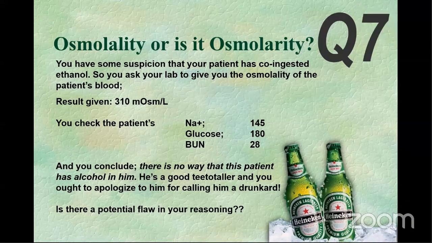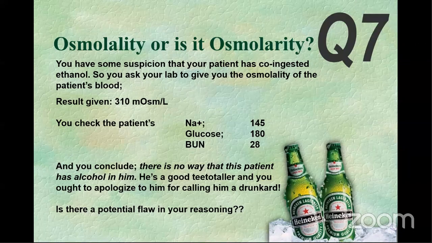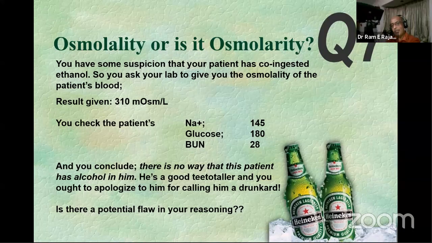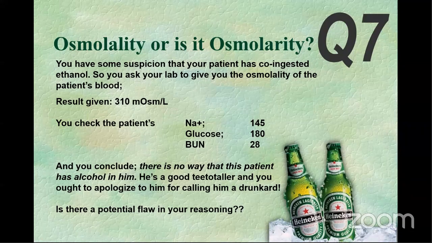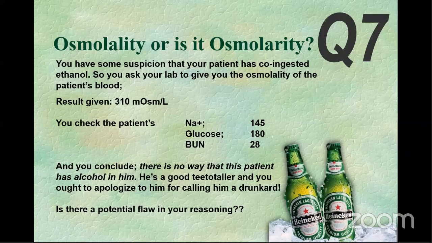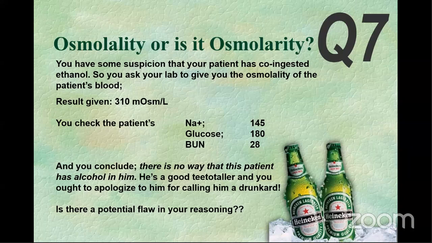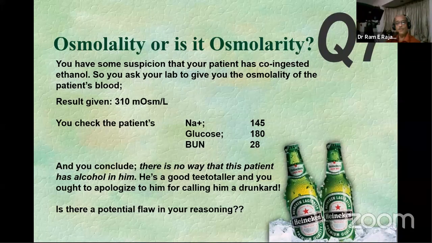What is the aim of this entire exercise? I am trying to see if the patient has ethanol in the blood. Am I right? And I don't have the toxicological assay to know whether there is ethanol or not, right? So we have to calculate the serum osmolarity based on the values given, and then check if there is a discrepancy. So what I am presuming here is that if I measure the osmolarity, the alcohol will change the osmolarity and give me an answer whether the patient has it or not. So I ask the lab to give me their osmolarity. So they give me a value.